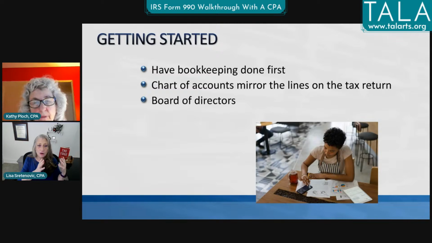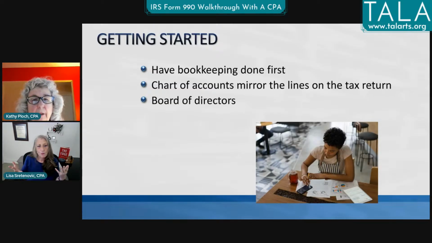$80 a year for this tool that can really help you get organized, so that you're leading into being able to do that full 990. Absolutely. There are other programs out there. Xero, that's how it's spelled, is another one that's fairly common among nonprofit organizations, but QuickBooks through TechSoup is substantially less expensive and gives you as much or more than you can get with Xero.